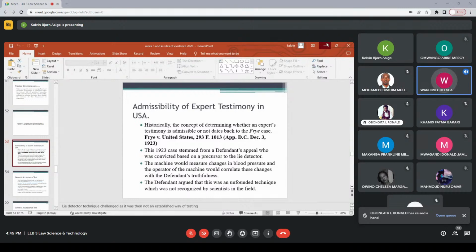I've gotten some cases that we can compare with the practice directions we'd seen, only to realize later that they're not Kenyan, but I can still read them because of what you said. In Amcha Passenger Transport Limited versus Helical Bar PLC, the judge laid down the following principles in regard to expert evidence: the questions to be determined are whether the expert has relevant expertise.